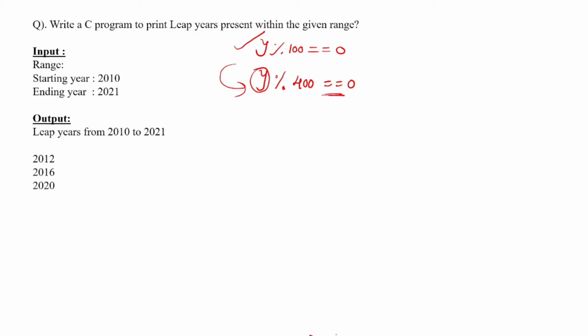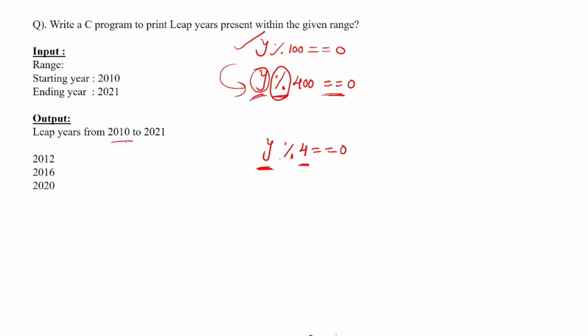Here this is a comparison. After dividing this year by 400, modulo means it gives a remainder as the result. If we get a remainder of 0, then this is a leap year. But suppose a given year is not a century, then the condition is Y modulo 4 equal to 0. If the given year is completely divisible by 4, then that is a leap year. Otherwise, non-leap year. Okay, these are the conditions.